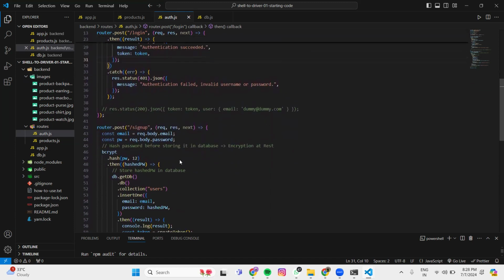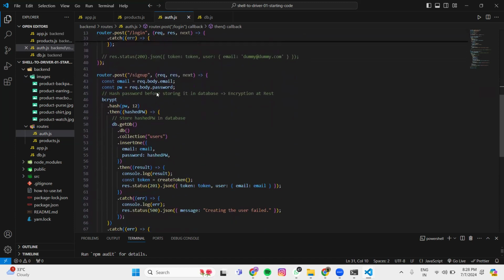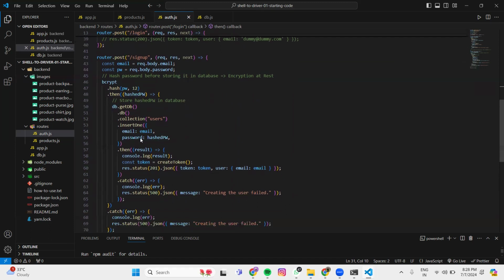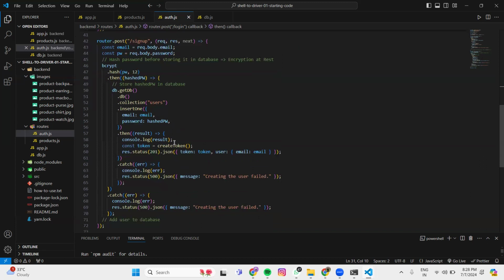This is for login. This is for sign up. So first sign up, we get this email and password. Then we use this bcrypt dot hash to create an encrypted password, and then we pass that password to the database to be stored in a new collection which is called users. We create this and then we insert one email and password here, the email and that encrypted password, and then we get the result,